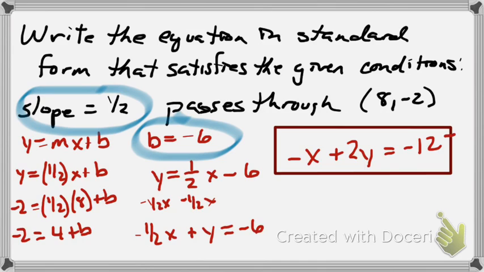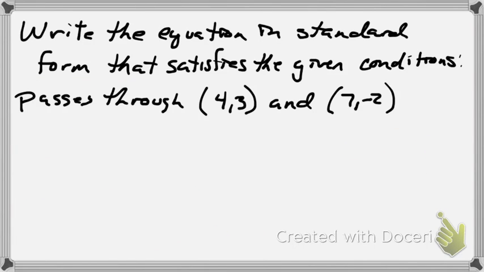In the next ones, we're missing something. I am not giving you a slope and a point. I'm giving you clues, but it should be enough for you to get a slope and a point from it. You cannot start the process that we've done 3 times now without a slope and a point. Notice here, I've given you 2 points. Is there any possible way in the world we can find the slope given 2 points? Yes, there is. Our issue here is the fact that we don't have anything to put in for m in